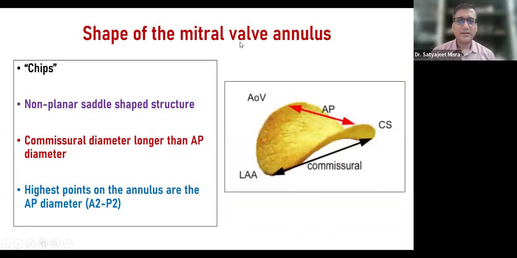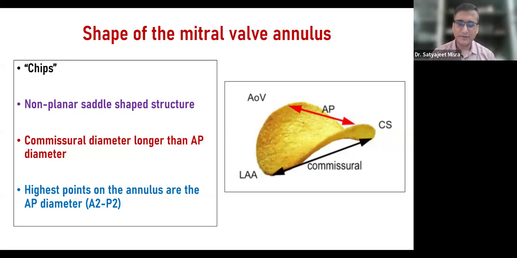Now, the most important thing about the mitral valve is the annulus, and it's very uniquely shaped. We have all eaten a packet of chips, and the shape of the chips is exactly how the shape of the mitral valve annulus is. It's also described as a non-planar saddle-shaped structure, where the commissural diameter, or the lowest part of the mitral valve annulus, is longer than the highest part of the mitral valve annulus, which is the anterior-posterior diameter. Now, the purpose of this unique configuration of the mitral valve annulus in a non-planar saddle-shaped structure is to